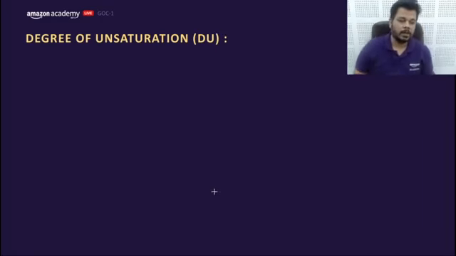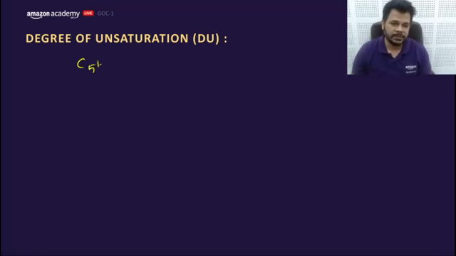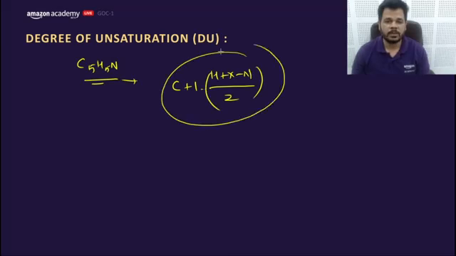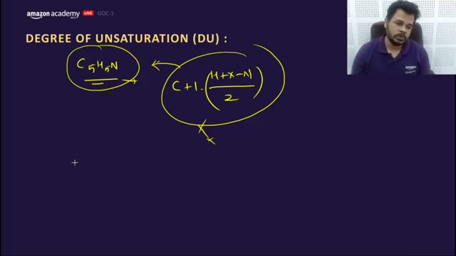What would happen if the formula is given? If a formula like C5H5N is given, what would be the DU of this? You need to calculate through a formula like C plus 1, H plus X minus N divided by 2. This is the formula which is written in the books, but we are not going to follow this when a formula is given. We have our own formula which shows DU equals to